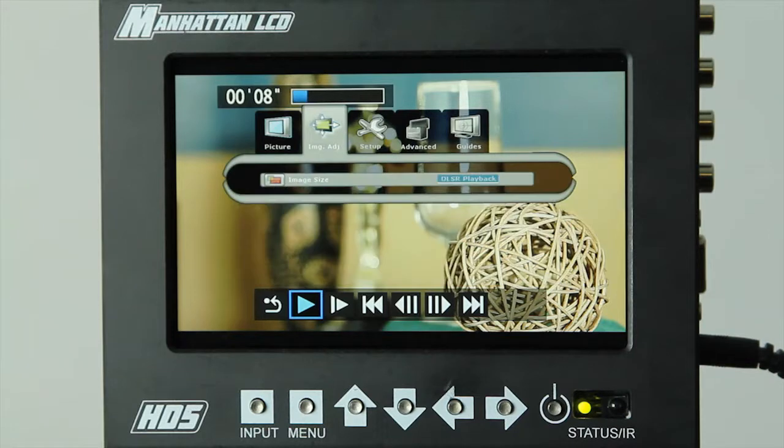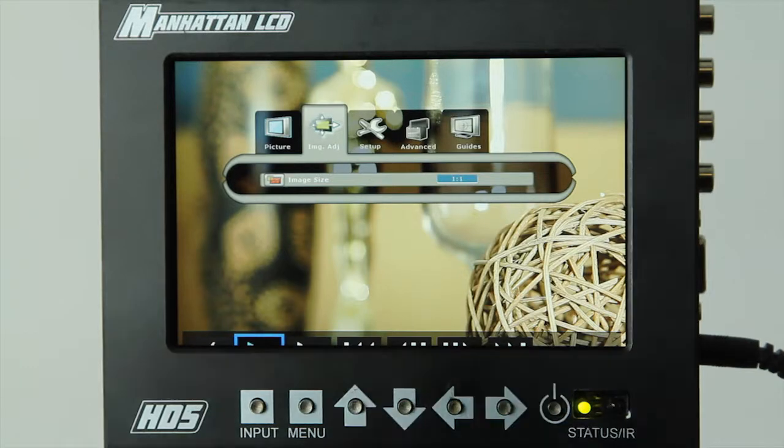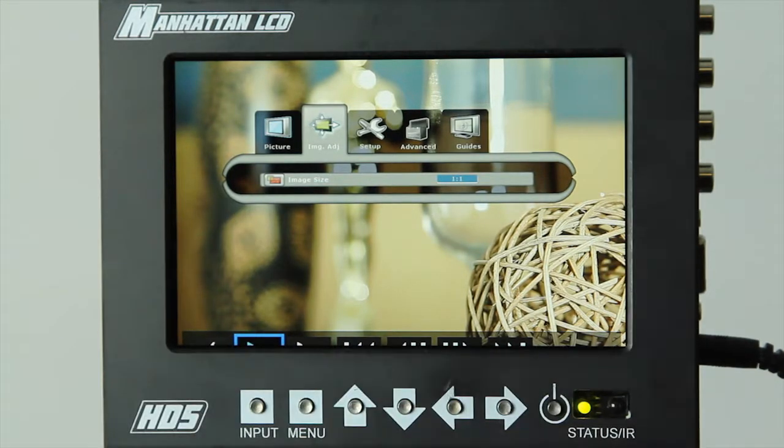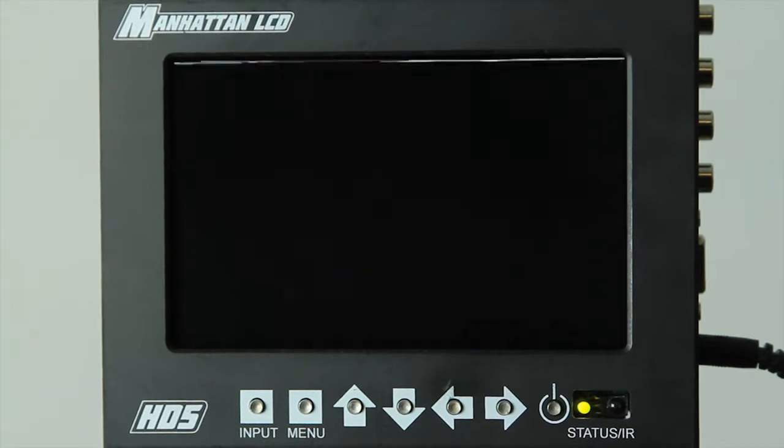Now, let's enable another feature called 1:1. What this does is zoom in and go pixel for pixel for whatever is being displayed. Since we're displaying a 1080p image on here, it zooms in a little farther because the Manhattan LCD is a 1280 by 800 monitor. Now, if we were to go back and hit record again on the DSLR, we're going